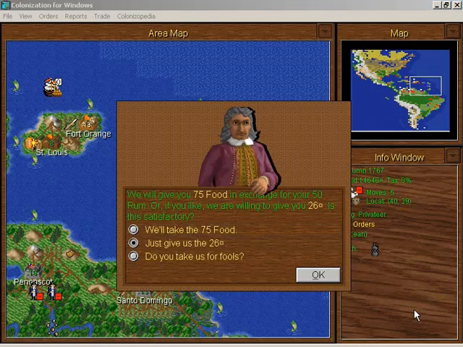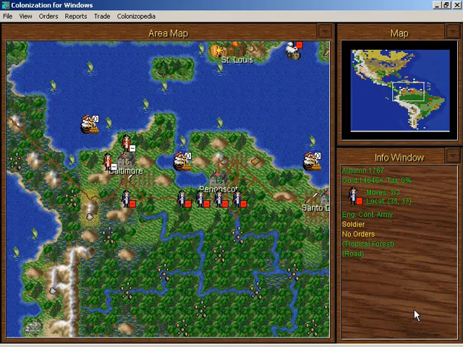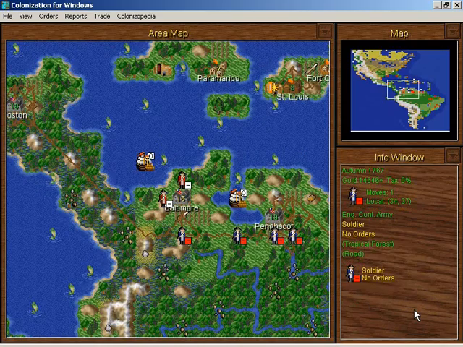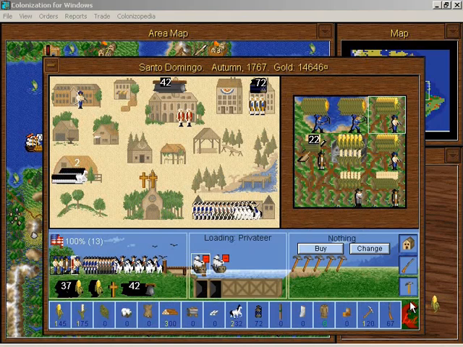Let's see if Fort Orange... No, they're offering me the same deal. They know rum's no good anymore. They know that I made about 20,000 gold off of rum, and now I'm trying to peddle it elsewhere. That's true enough. If the money isn't being generated, then there's no reason to have these guys here at the